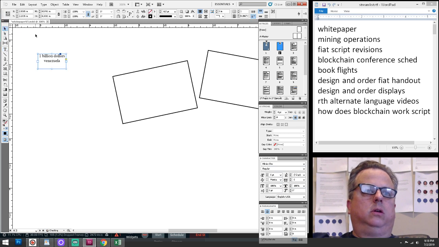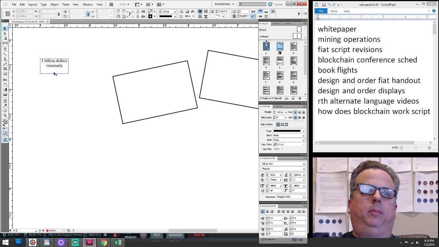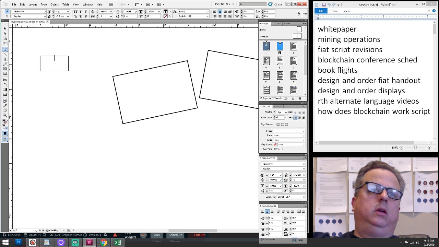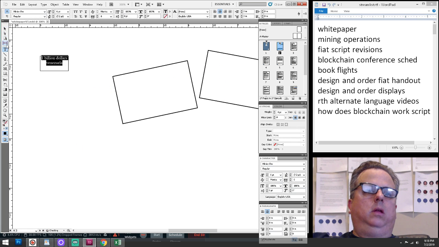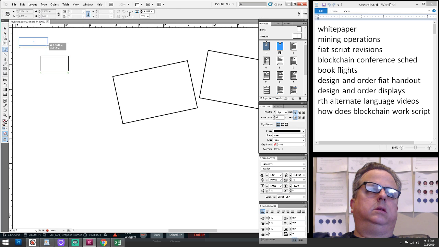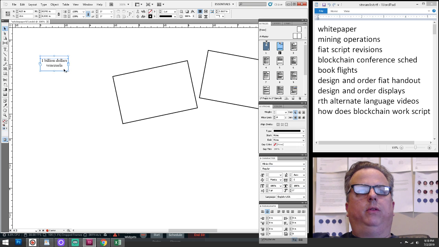All center. So we'll actually have an image of the $1 billion note. I put it in the box, which I did not mean to do. Copy, delete, paste. All right, so $1 billion Venezuela,